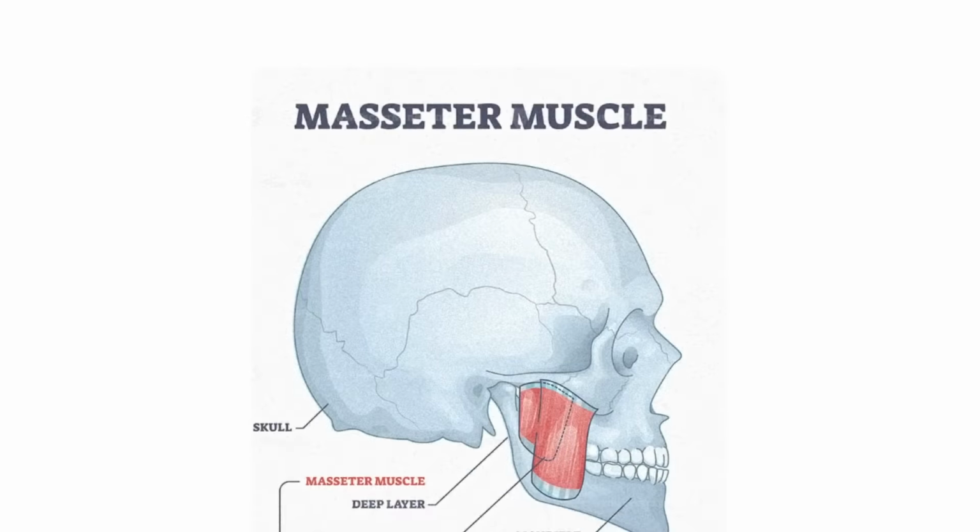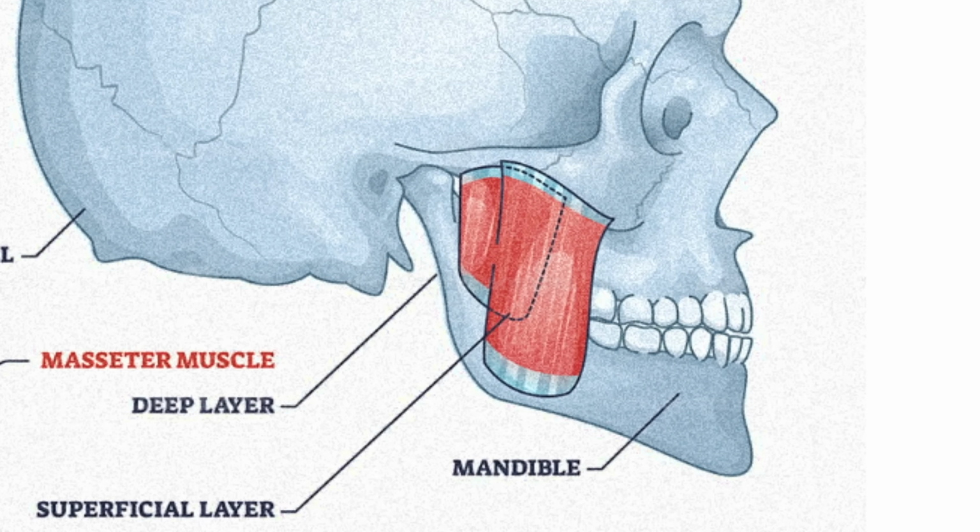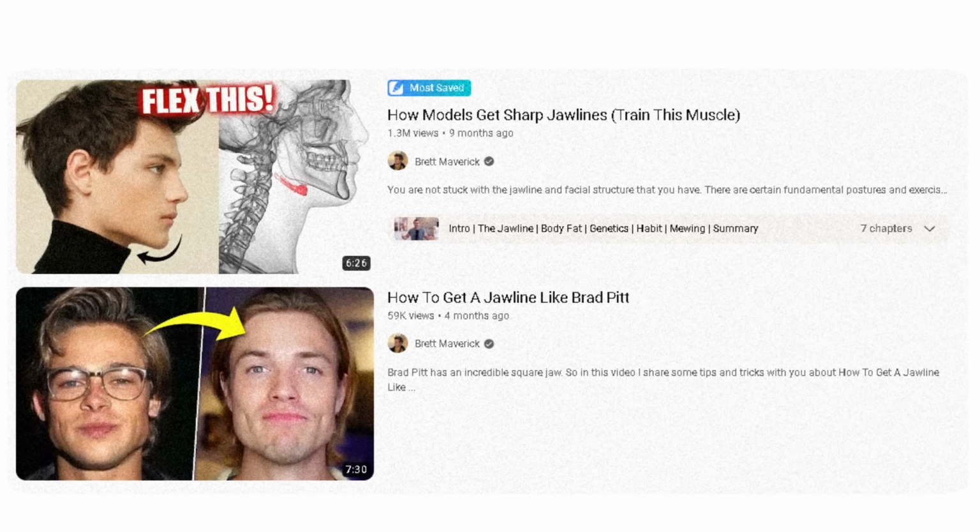And the muscle responsible for creating that flared, wide jaw is the masseter muscle. You've probably seen tons of YouTube videos from channels like Brett Maverick that recommend chewing more to grow this muscle and get a wider jaw for men. However, there is a threshold where this muscle can become too developed, leading to an overly boxy appearance of the jaw. Particularly in women, masseter reduction surgery or Botox is actually used to make the jaw harmonize better with the